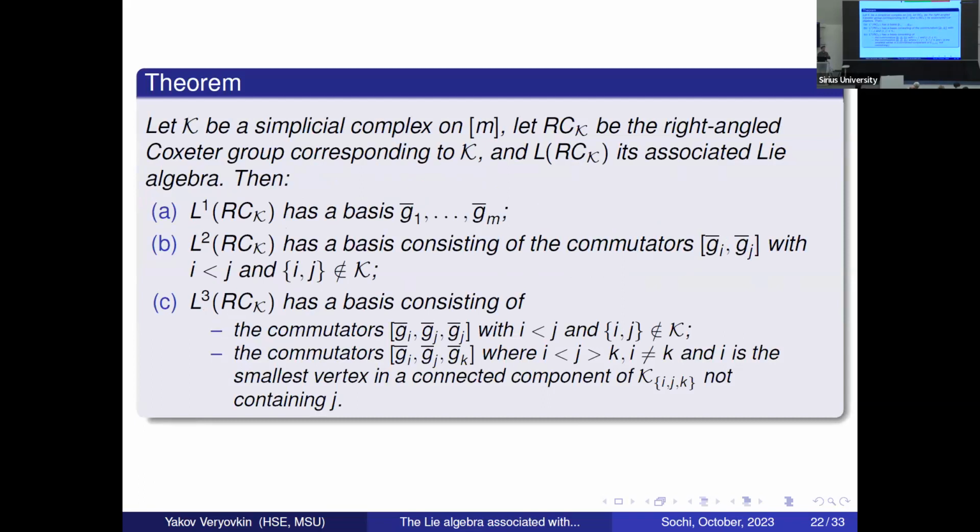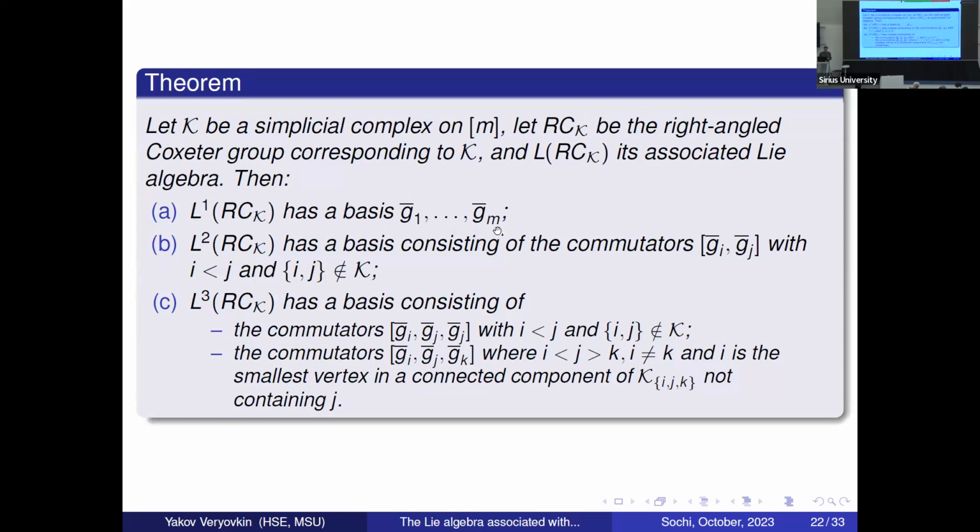Theorem of Panov and Veryovkin. Let K be a simplicial complex on set M. Let RC_K be the right-angled Coxeter group corresponding to K, and L(RC_K) its associated Lie algebra. Then